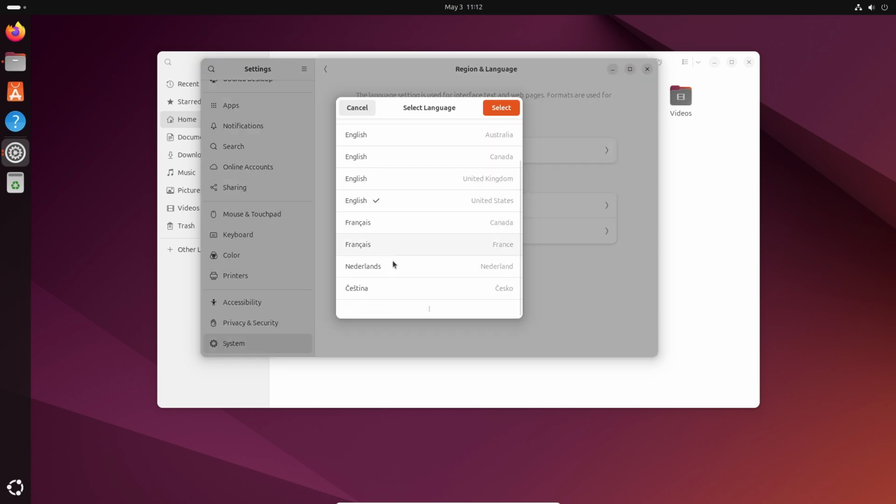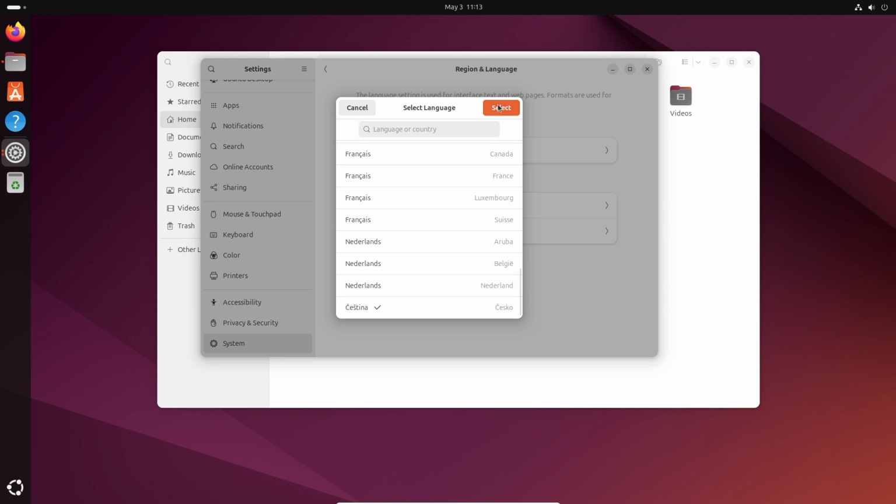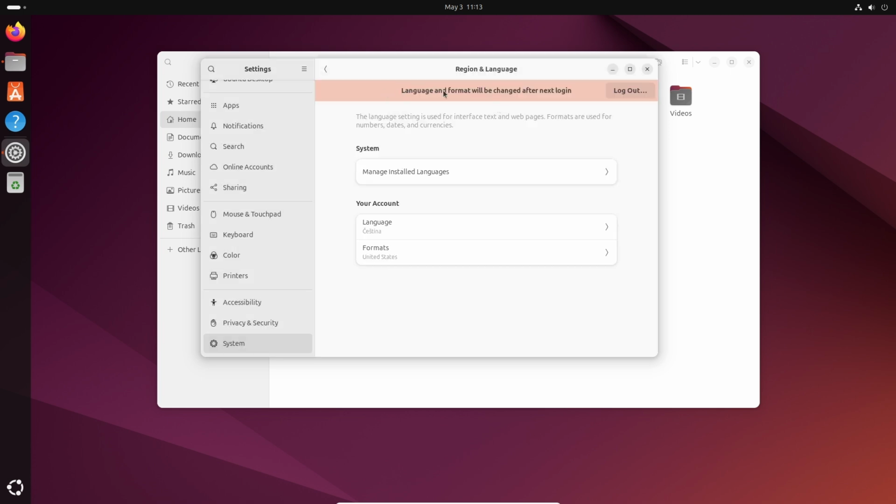and this time, as you can see, we have all the different languages that we added: for Denmark, we added, for Netherlands, we added, and if you click this, we have the different languages that we added right now. So we added this and these two. Just click on the language of your choice. You can even search for it and click on Select, and it says language and format will be changed after next login. So just click on this log out,